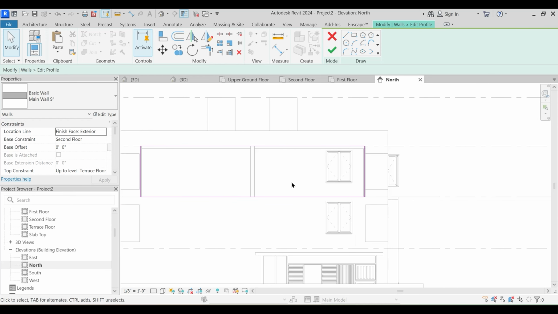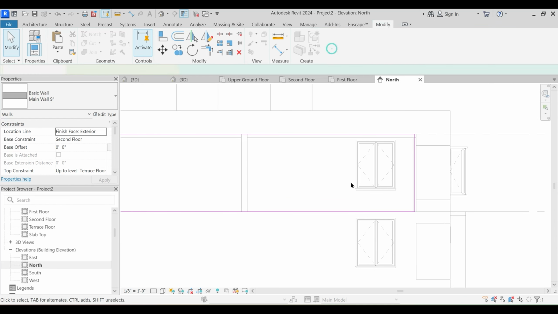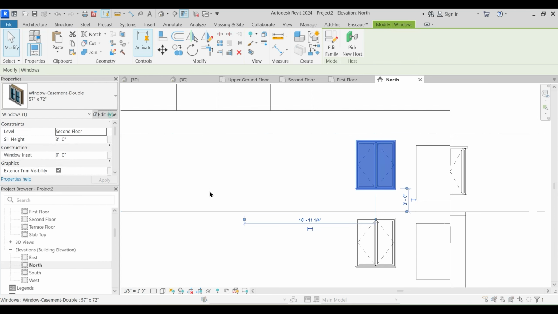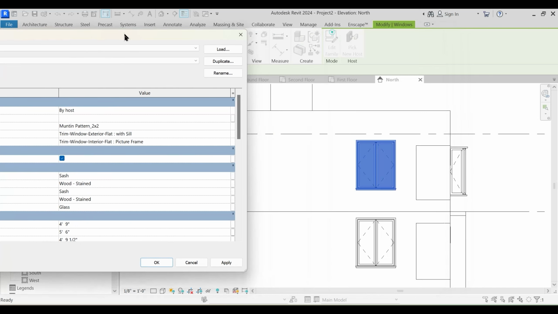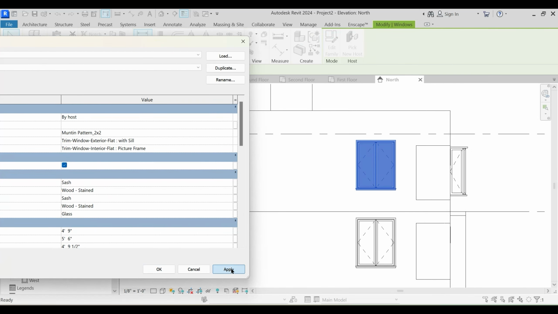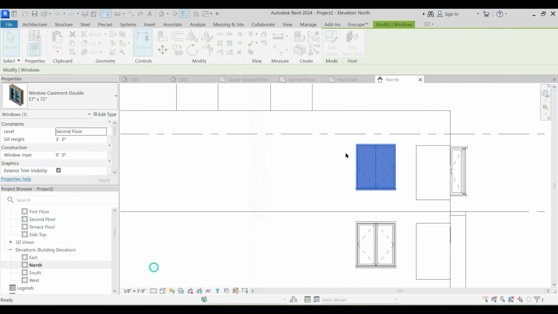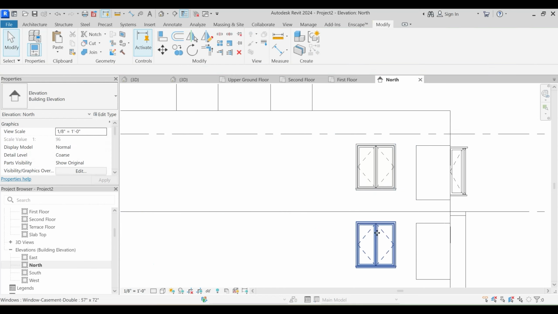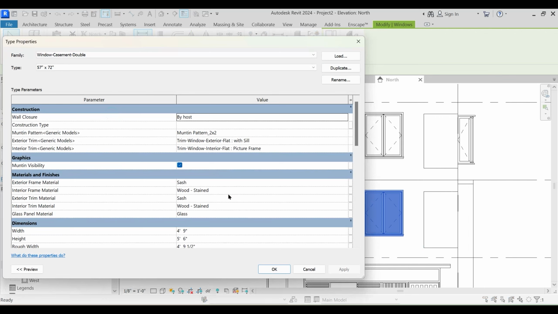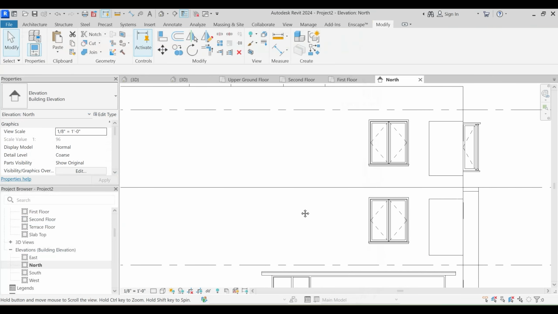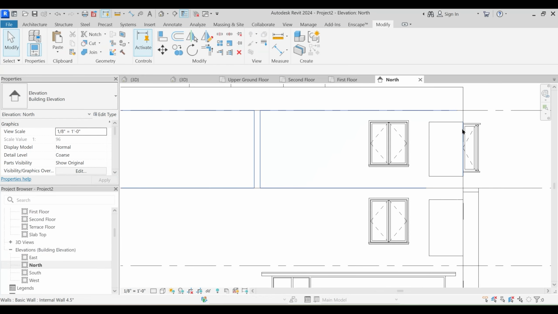And let's say this window, and let's check its height. Oh, height is 6 feet. If 3 feet is the match, then this should be 5 feet 6 inches, I guess. Oh, okay, fine. That's it. So here too, edit type, and yeah, that has changed. Okay, fine. So now I'll just select this particular wall